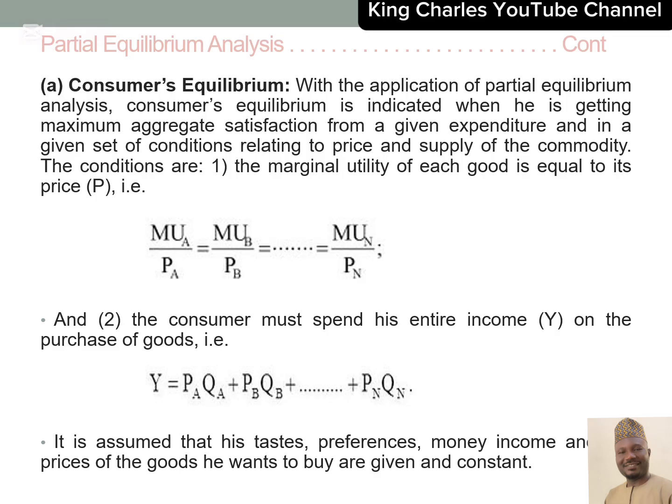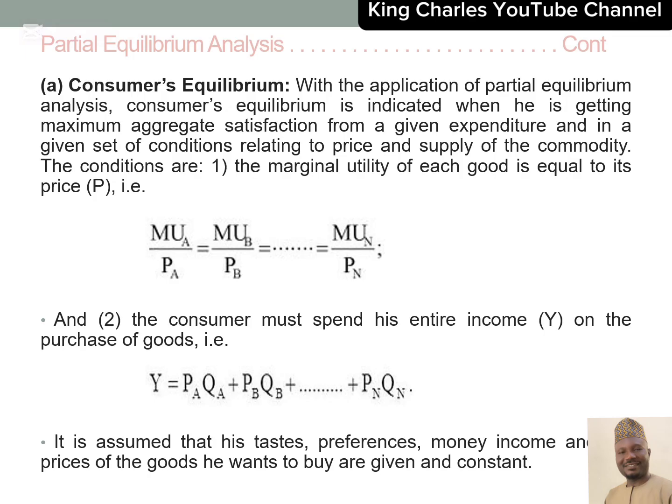So you have price represented as P. The price of commodity A is represented as PA. The price of commodity B is represented as PB. The price of commodity C is represented as PC. And the price of the Nth commodity is represented as PN. Now, what it means is that